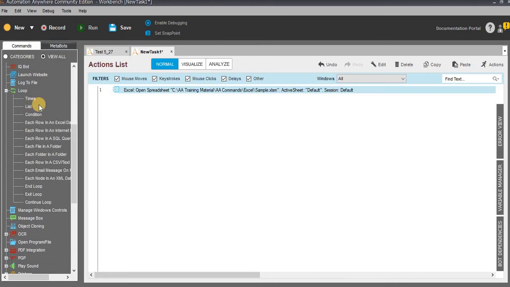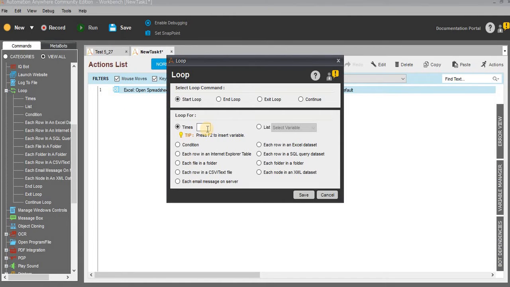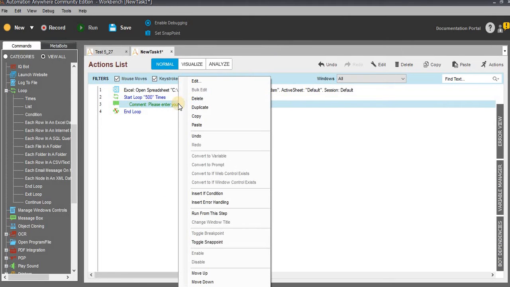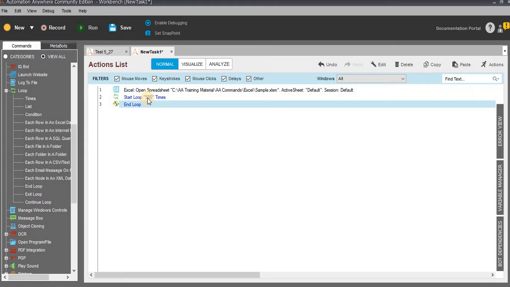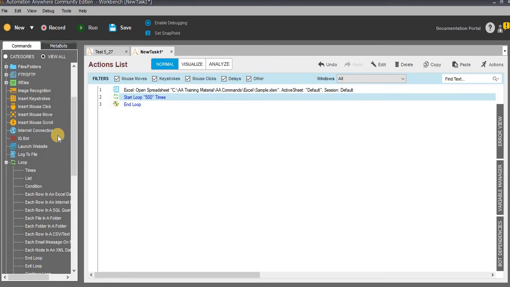After that you need to use the loop command. Go to loop and drag and drop the times loop. In my case I can confirm that I have between 5 to 10 Excel worksheets. In your case, if you think you have more than 50 or more than 100 Excel sheets, you can update the value. For now I can confirm I have between 5 to 10 Excel worksheets, so I am updating the maximum value to 50. You can even update 500 or 1000 or anything. Next you can see why I am updating the values. In between you need to use the activate sheet command.